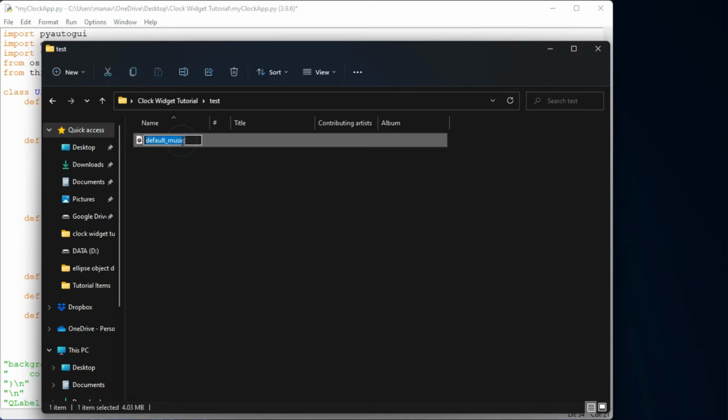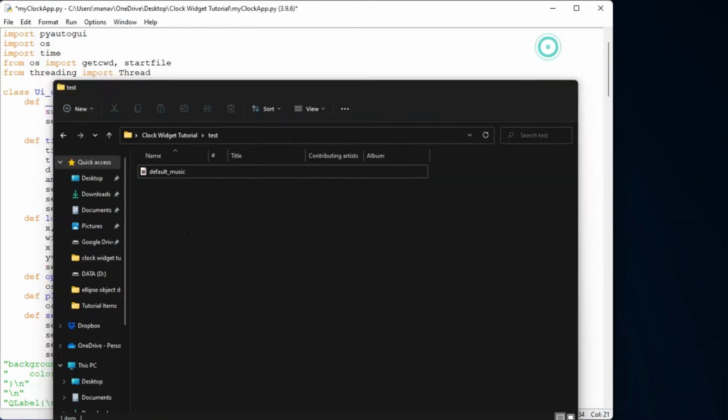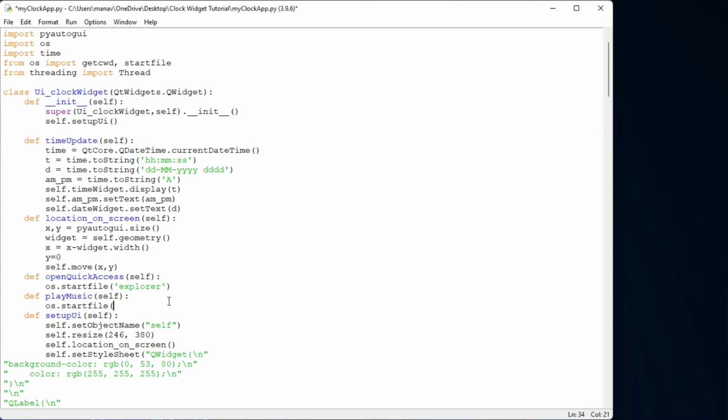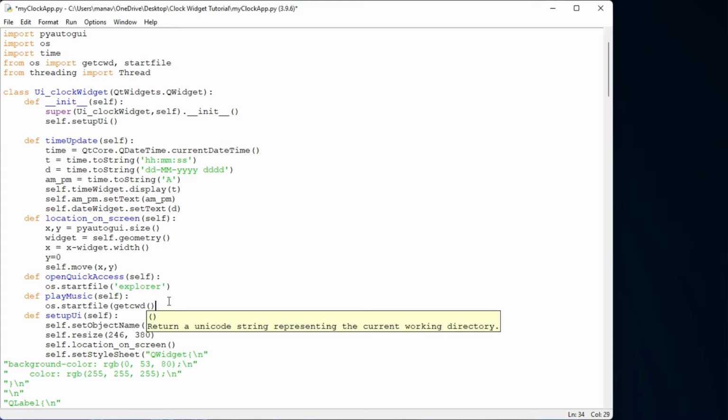So I'm just getting the name of this, and I will place it here. First of all let me get the current working directory, plus let me pass the next folder, that is the test folder, and then let me pass my default music.mp3.